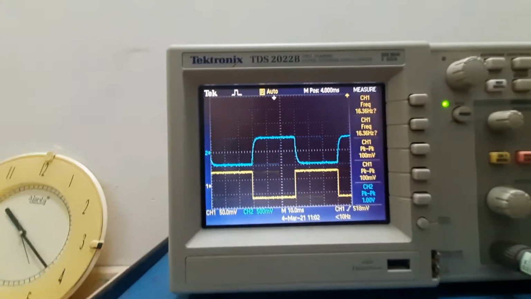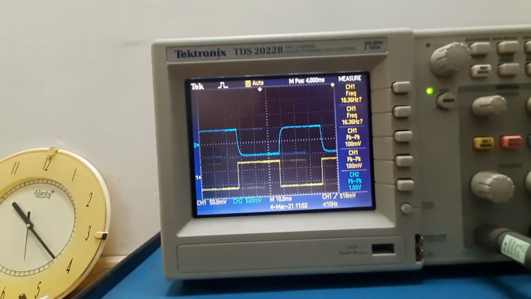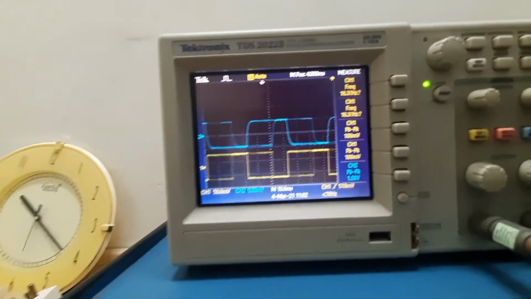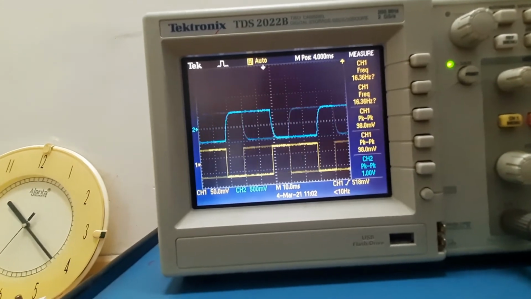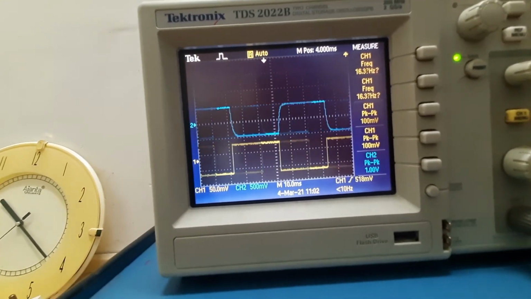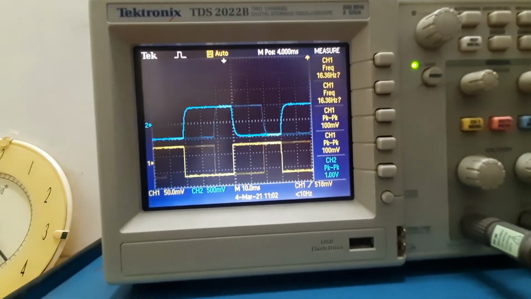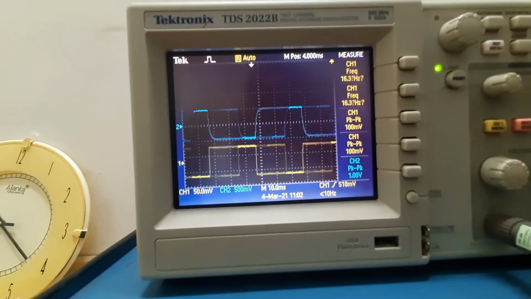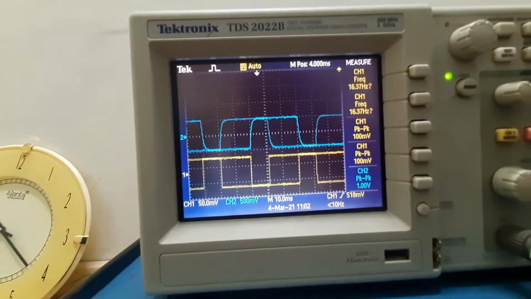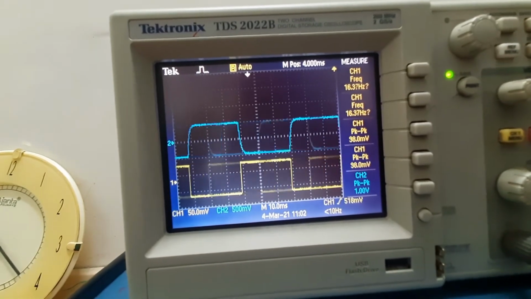Here the yellow one, channel 1, is our input and channel 2 is our output, which is 1 volt peak to peak, and 100 millivolt is our input. And we have to measure the time t, or time constant, at which the peak reaches 63.2%.